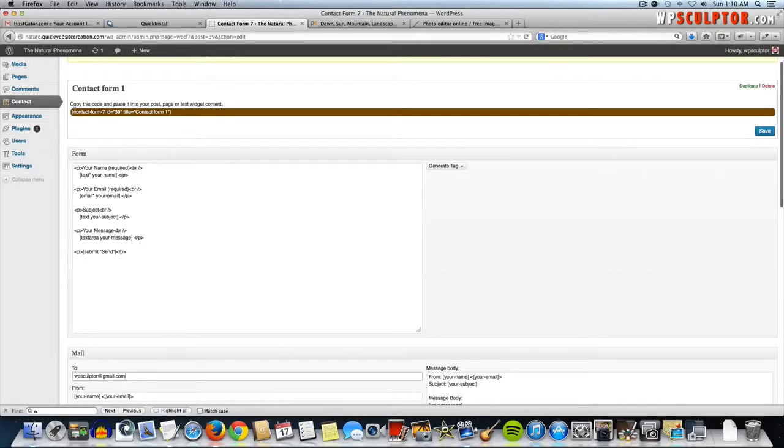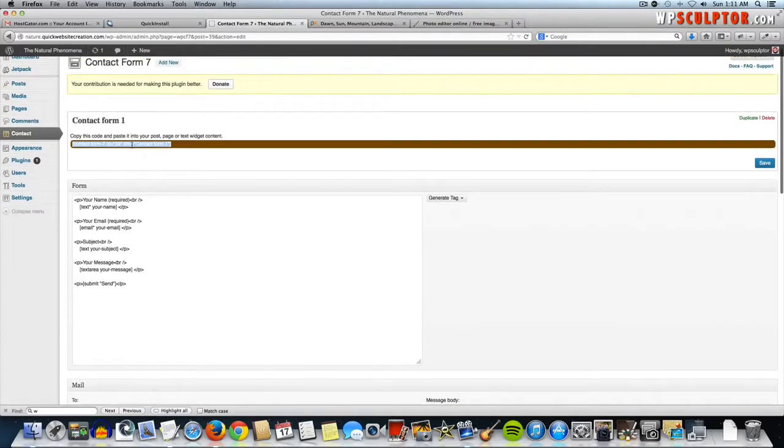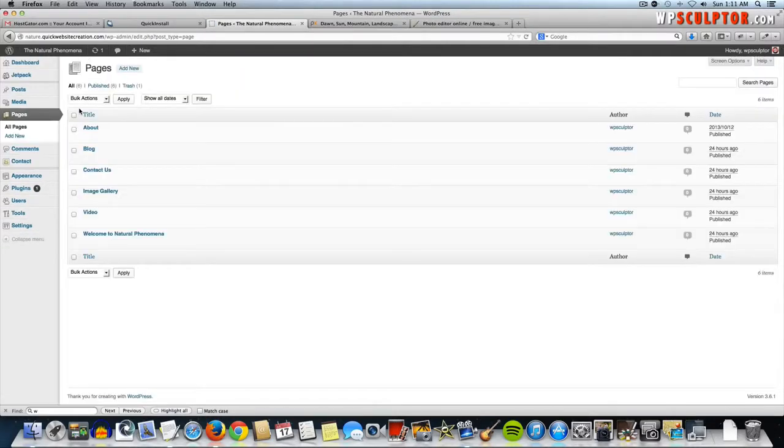Now this right here, this is called a shortcode. And a lot of WordPress plugins use shortcodes, and basically what that does is if you copy the shortcode, and then you can now paste it anywhere on a blog post or a page that you've created, and we're going to paste this shortcode on our Contact Us page so that the contact form here will appear on that page. So now that we've copied that code, go back to Pages, All Pages,